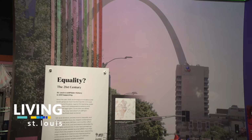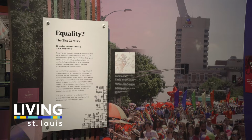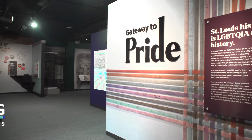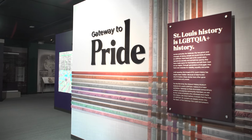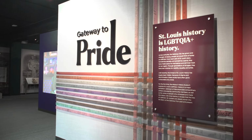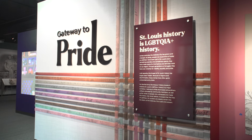On June 8th, the Missouri History Museum opened its first ever full-scale exhibit about LGBTQIA+ history in St. Louis called Gateway to Pride. For so long, the LGBTQIA+ experience was, for the most part, hidden. So what's so important about this exhibit is that we're really kind of going public and in a big way with artifacts, with oral histories, with other sort of compelling experiences to show all of the ways that the LGBTQI+